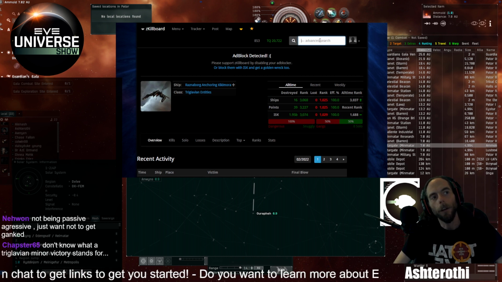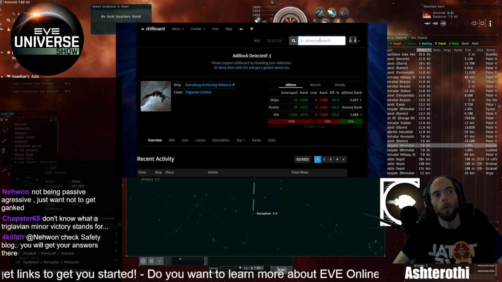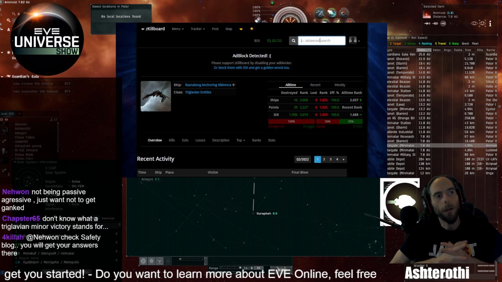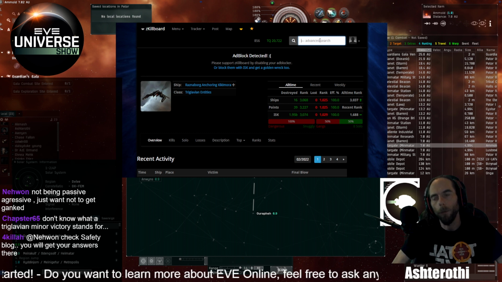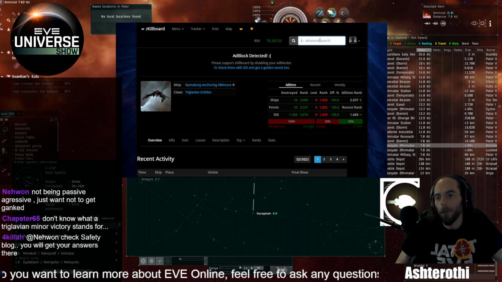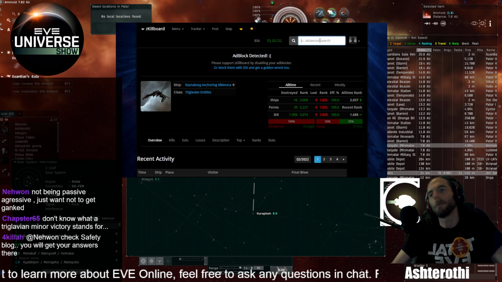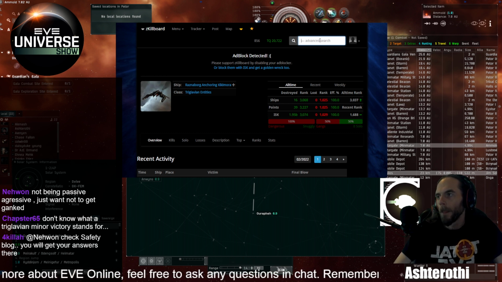Like, for instance, earlier today, I wanted to know what is a Triglavian minor victory? Triglavian minor victories are systems that were taken by the Triglavians during invasions, but couldn't progress. So there'll be Triglavian sites, like pro-Triglavian sites in there. And there are filaments that teleport you to a random minor victory from inside Pochven. Either way,